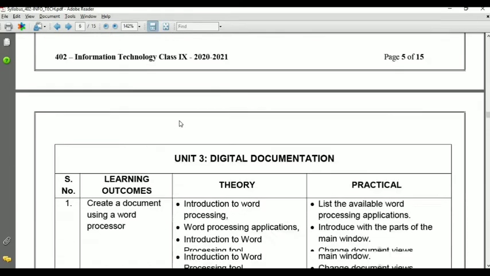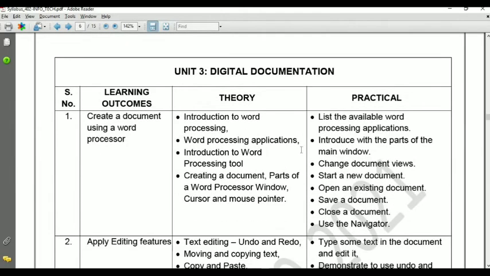Now come to the third unit. These many topics we have covered previously in previous videos, previous lectures. We covered the first session, creating a document using a word processor. Till now we have discussed the practical session only. List the available word processing applications. So 3 types of word processing applications we have discussed.